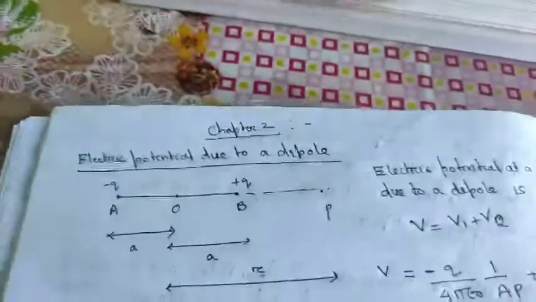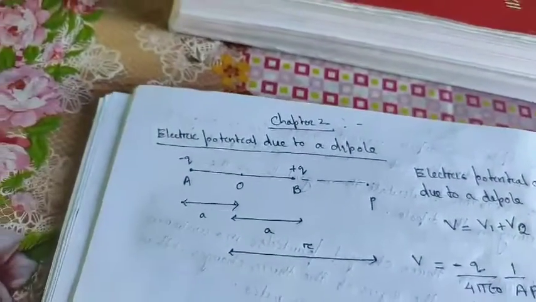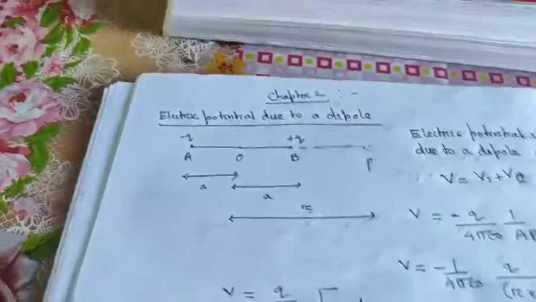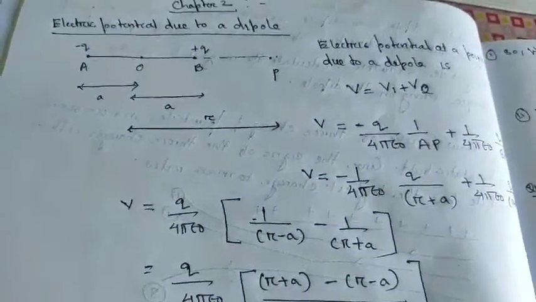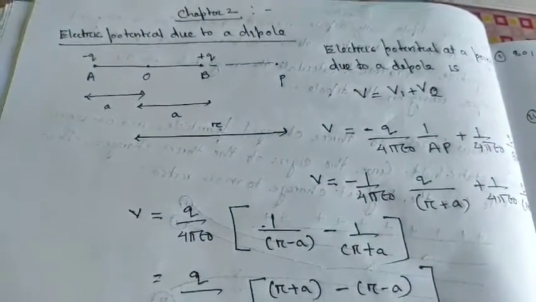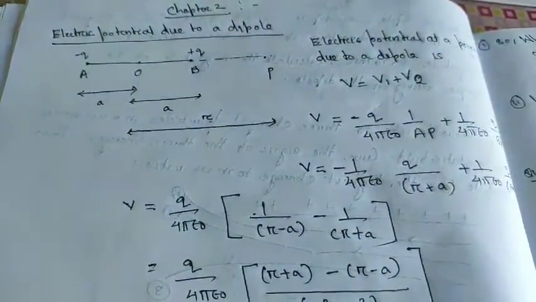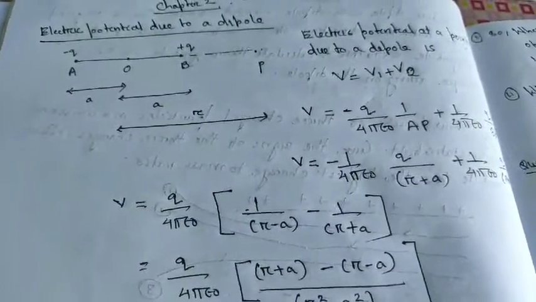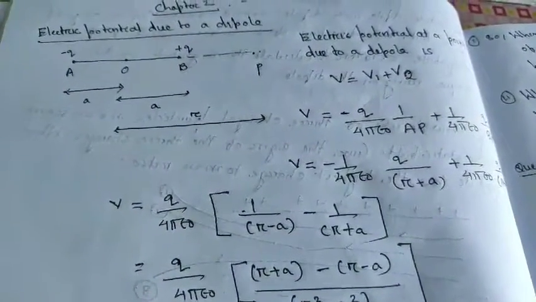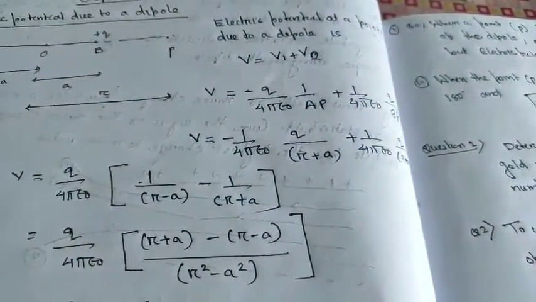Now you see, student, this is the new chapter topic which I would like to tell you. Okay, because already we are lagging behind with our course. So see chapter number 2. I have started directly with the last topic of this chapter. So the chapter is electric potential. Okay, so first of all you have to remember what you mean by electric potential.